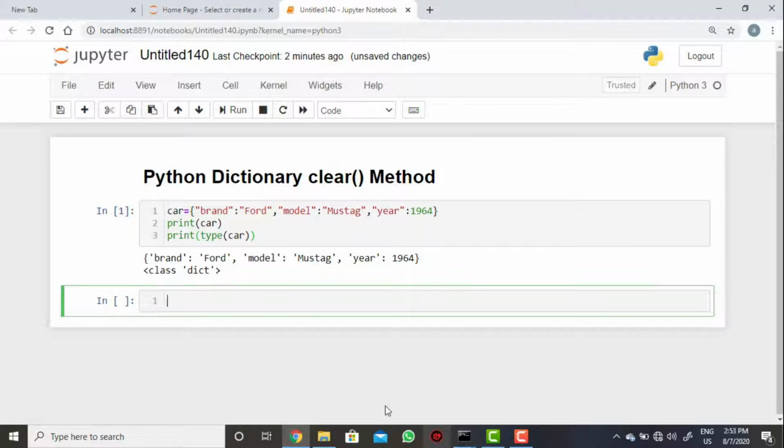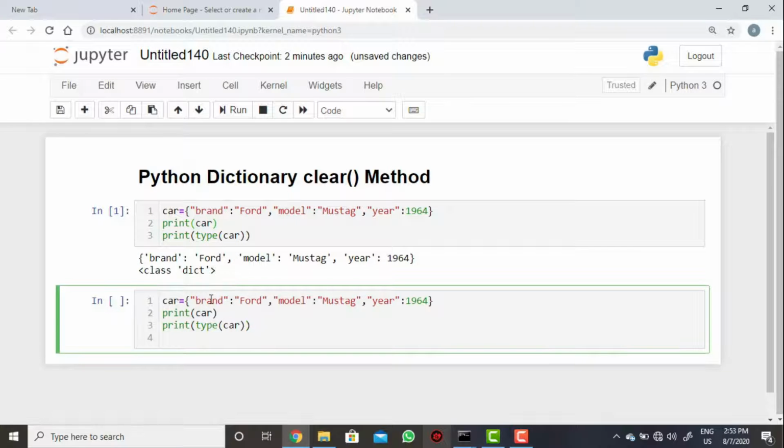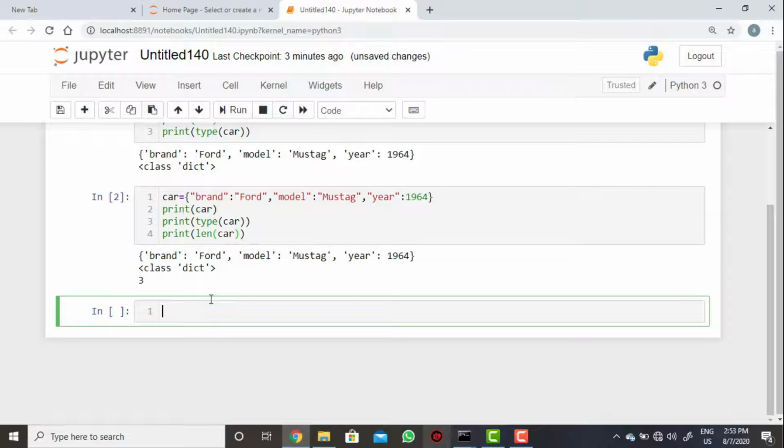Now if you want, you can also take the count of elements. You can say print length of car. Now total elements will be 3 here.